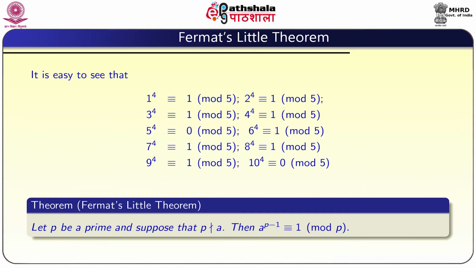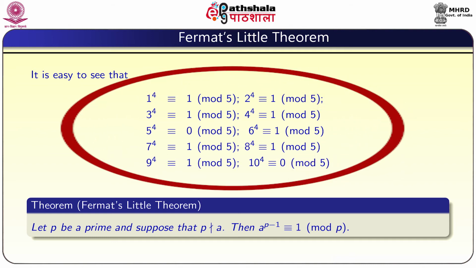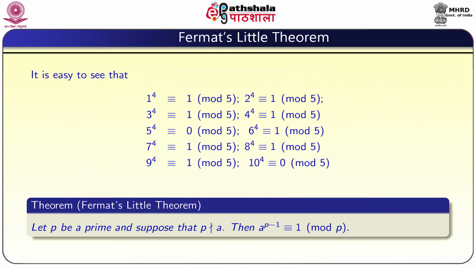Now, we will prove one of the important theorems in number theory called Fermat's little theorem. So, before proving the theorem, we will motivate it. It is easy to see that 1 power 4 is congruent to 1 mod 5, 2 power 4 is congruent to 1 mod 5, 3 power 4 is also congruent to 1 mod 5. 3 power 4 is 81. So, 81 is congruent to 1 mod 5, 81 minus 1 is divisible by 5. Similarly, 2 power 4 is 16, 16 minus 1 is divisible by 5, 4 power 4 minus 1 is also divisible by 5,